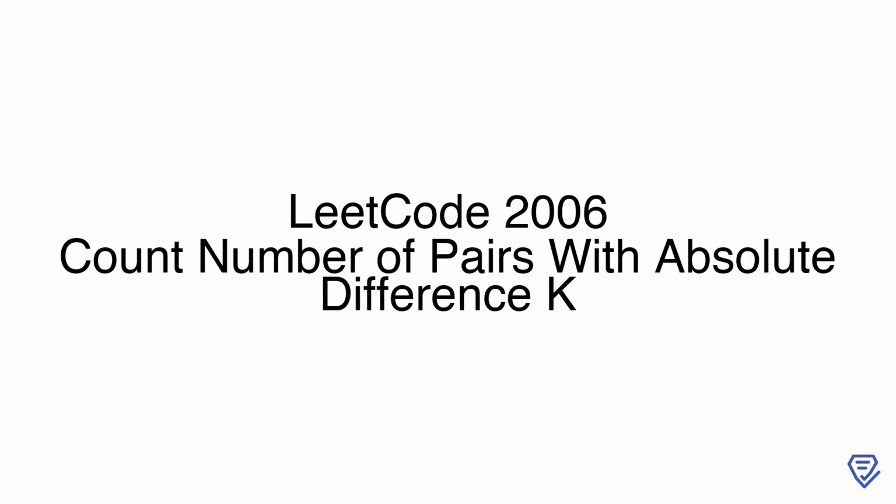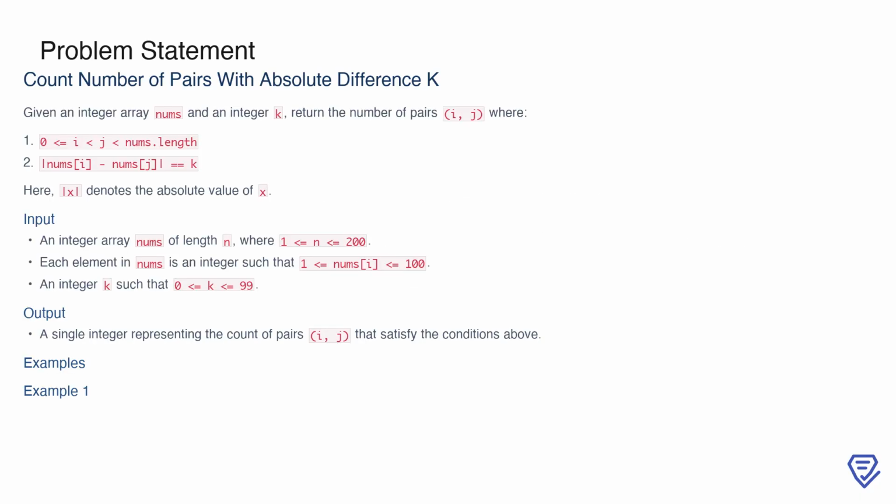Welcome to this walkthrough of LeetCode problem number 2006, count number of pairs with absolute difference k. In this session, we'll explore the problem, analyze different approaches, and break down the solution step by step. Let's get started. In this problem, we are tasked with counting pairs of indices in an array nums that satisfy